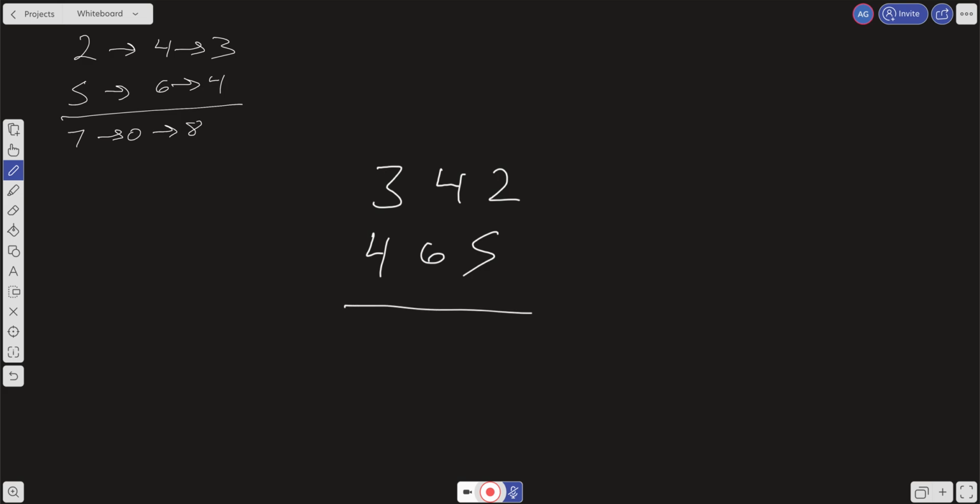So what would you do? You would start from the right and you would add 5 plus 2, okay, which would be 7. Then you would do 6 plus 4, which would be 10. So you drop down the 0 and carry the 1, and now you would have 4 plus 3 plus 1, which would be 8. Okay, and so you can see here that this linked list is set up for us in that reverse order, right? So what we could do